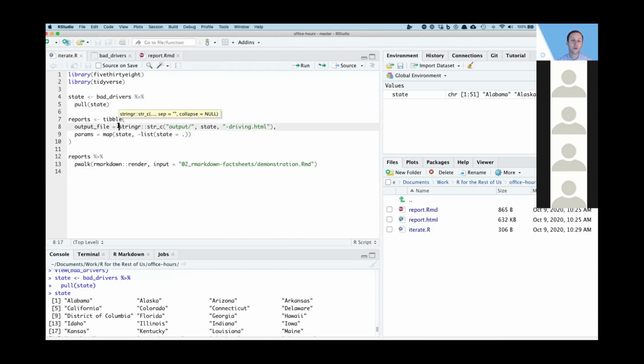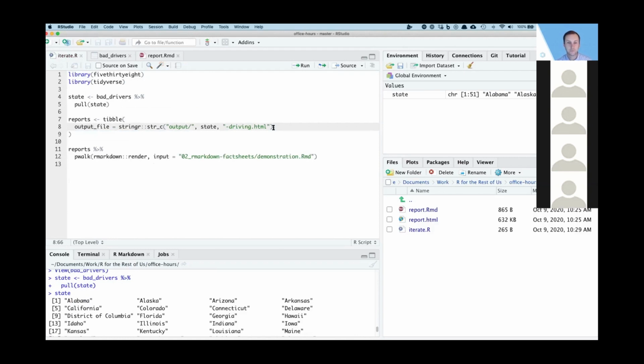So now what we're going to do, and let me actually do this one step at a time. I'm going to delete that line for now. Aaron is then creating a tibble, so essentially a data frame. And you can do that with this tibble function. That's just a function that makes a data frame. And then he's naming his variable. His first variable is going to be output file. And that is equal to, he's using the